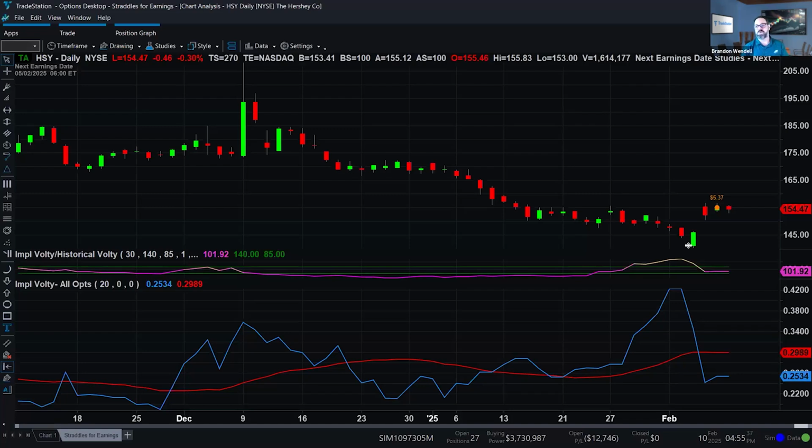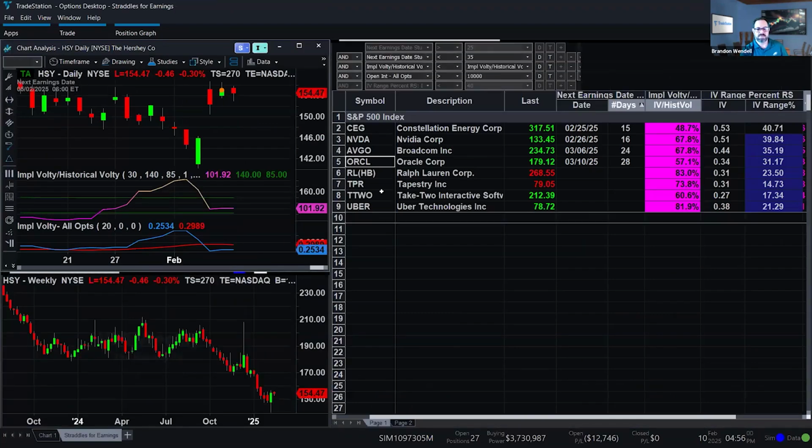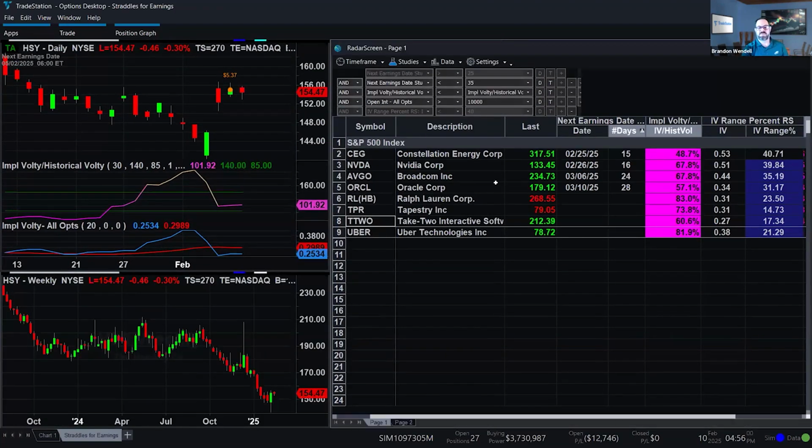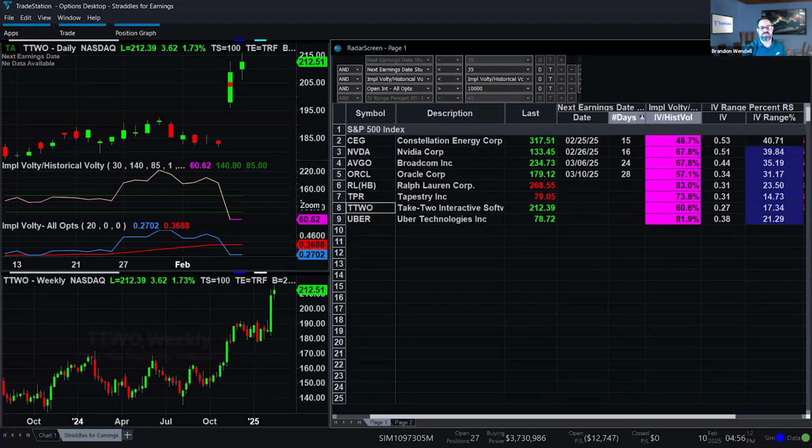So if we want to go simple, and a lot of people start off in options just doing a long call or a long put because they want to be buying the stock or selling the stock, but they want to do it at a discount. Well, again, you can neutralize a lot of those risks that you're experiencing. So if we go out and just look at a stock, change stock now. And take two. It's popped up right there, so why not? Looks a little bullish, just had earnings, reacted pretty well to it. Don't know if that's going to continue, but hypothetically,